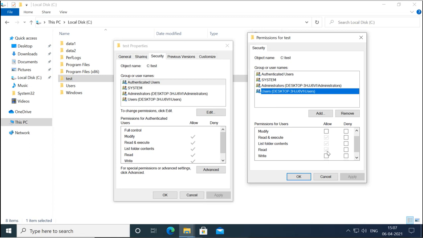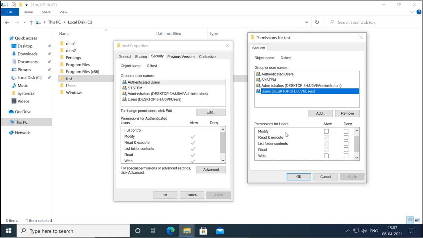Now if I want to deny someone, or if I want to allow someone more permission, then I have to add that user here and give the user extra permission or remove some permission from it. So that will be the explicit permission for that user on this current directory.